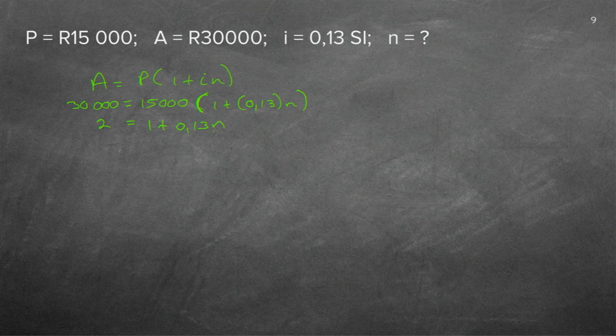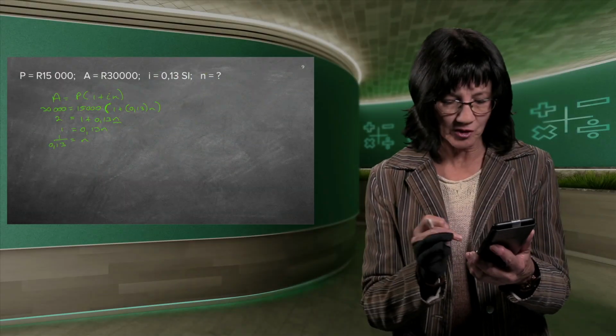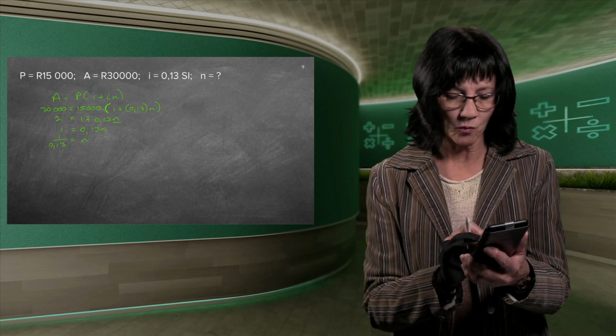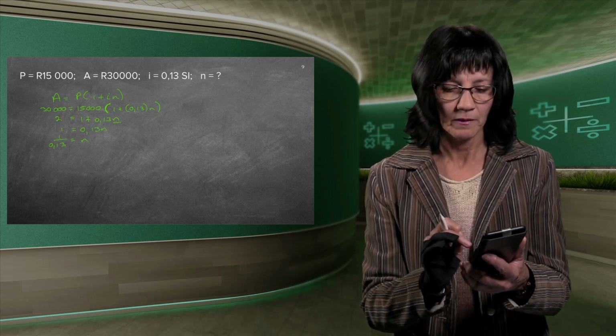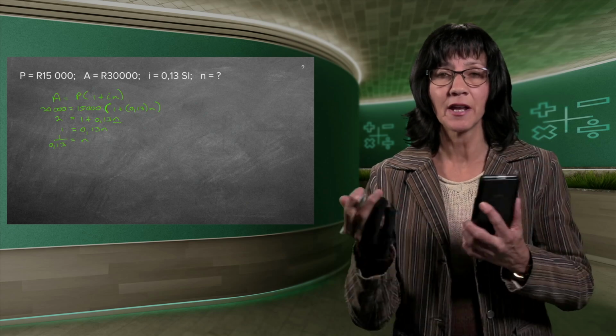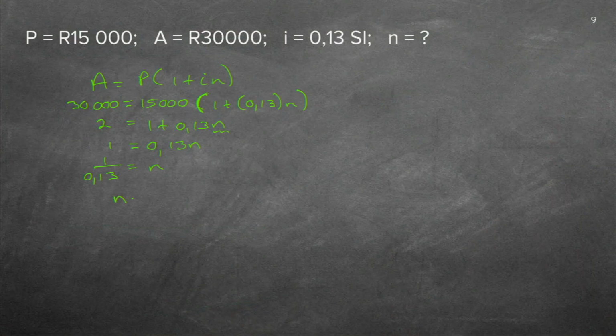I need this n all alone, so I need to get rid of the 1. So I take 1 to the other side, minusing it. Why do I minus it? I do opposite working. So it's just 1 left. How do I get rid of that little 0.13? It's been times with the n, so I need to divide, but then I must also divide this side by 0.13. And I grab my calculator, and I can either do the fraction. This one is easy enough to just say 1 divided by 0.13 equals. I need to press the SD button because it gave me a fraction again. So I can just write down n is equal to 7,7.